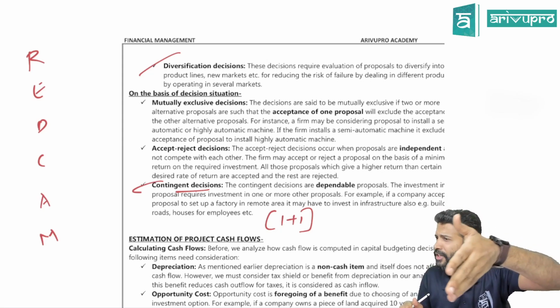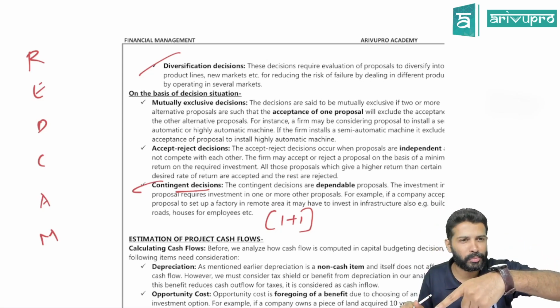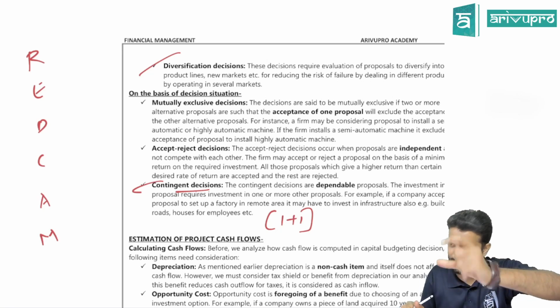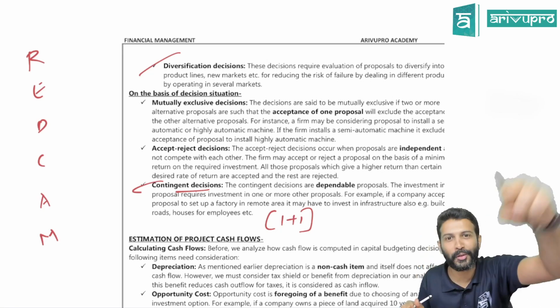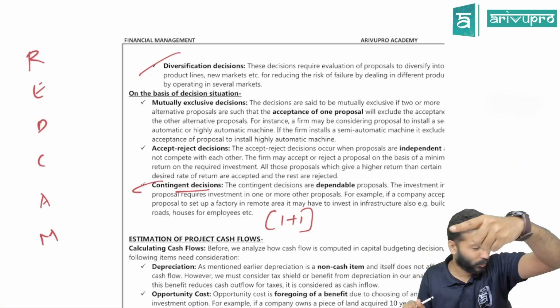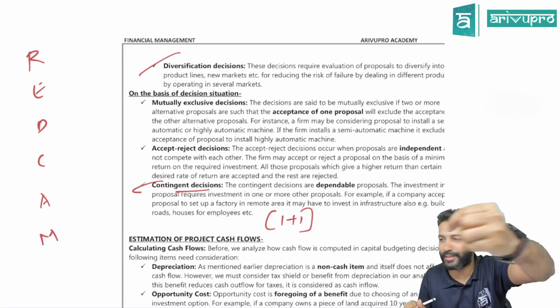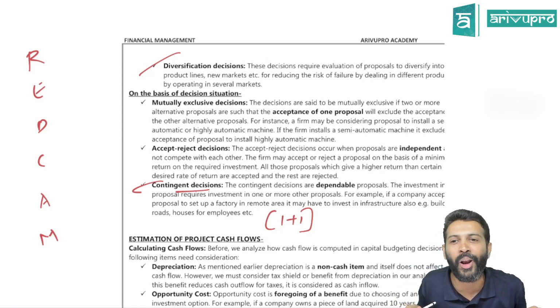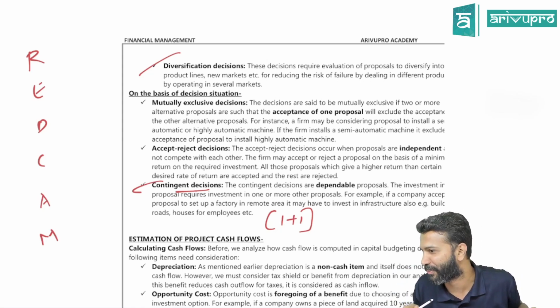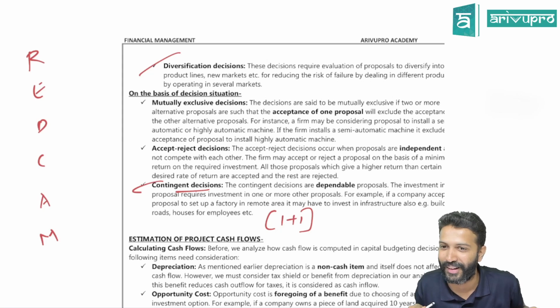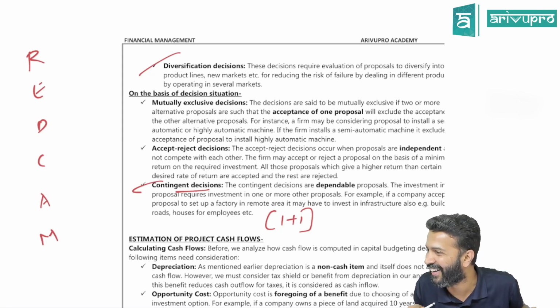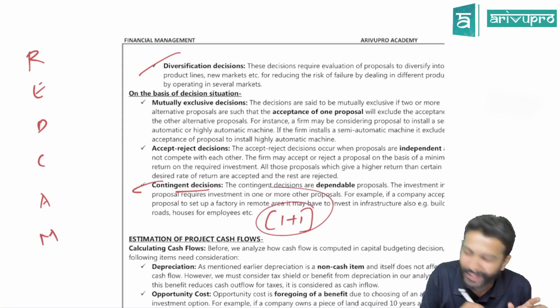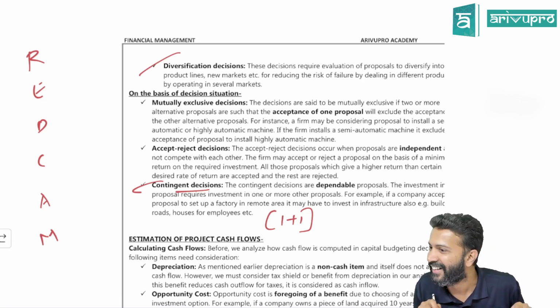Like CA papers, no? If you want to clear the whole group, or if you want to pass, not just one subject, you have to pass in all the subjects. If in one of the subjects of the group you fail, the institute will tell you to come and repeat the whole group, because they are contingent decisions. There it is 1 plus 3 offer. One goes means write all the 4. Okay, but at least we are better. We are offering 1 plus 1. Okay, now that is it.